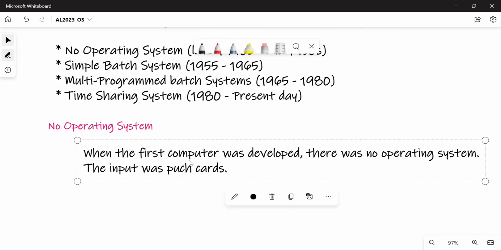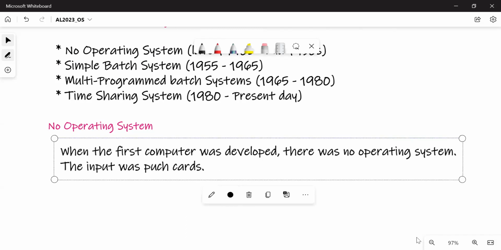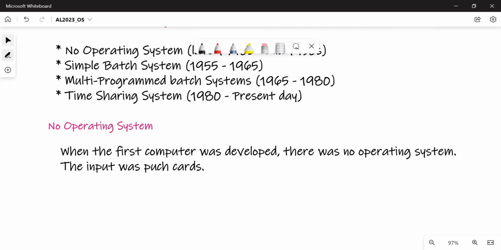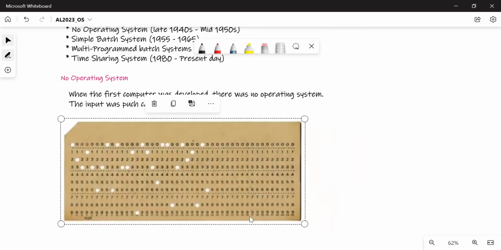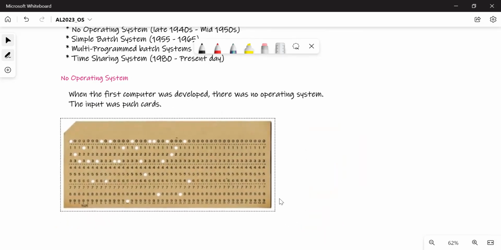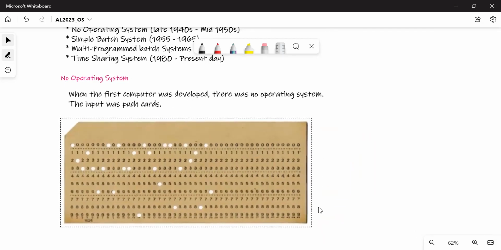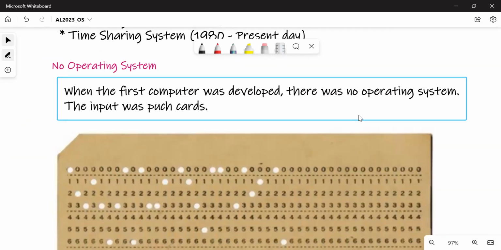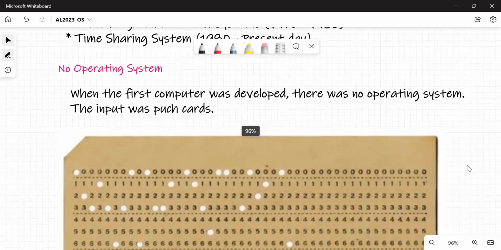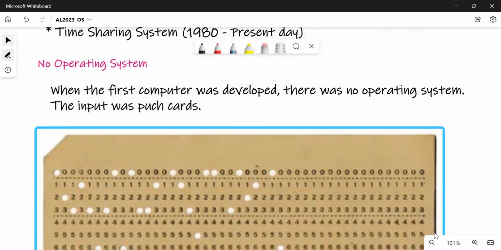If you have not seen a punch card, a punch card is like this. You don't have to draw this, but this is just to show you how it looks.